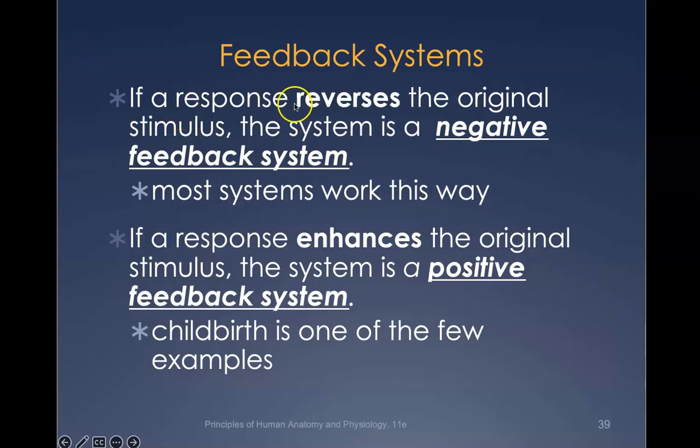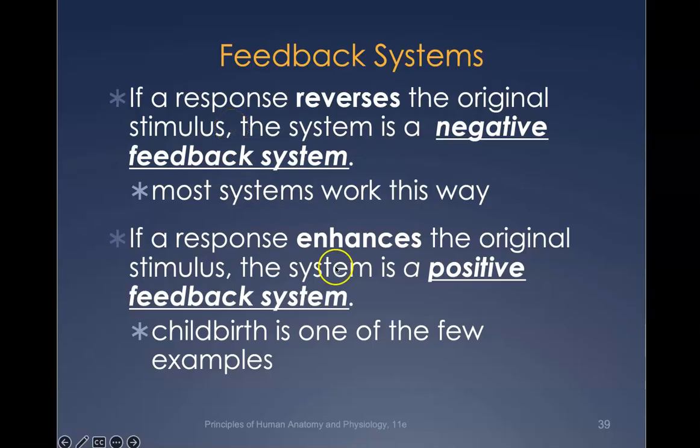So let's say we have an original stimulus that brings us away from homeostasis. Maybe it tilts the seesaw down. A negative feedback system would mean that we would have a response that reverses that stimulus and brings the seesaw back up to homeostasis. So that's how most systems are going to work. The majority,